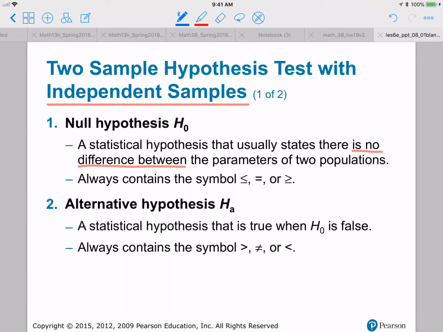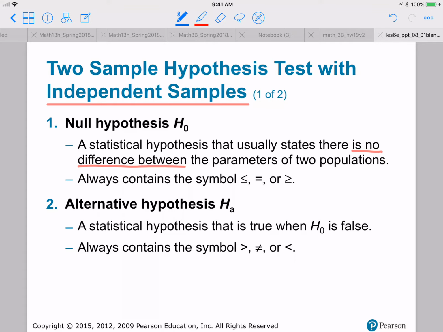So for instance, in the example I was doing before, perhaps you are the manufacturer of the drug, or you're thinking about investing in manufacturing this drug, and there have been clinical trials, and so you want to see if the drug is actually effective in lowering the blood pressure of patients. And so you might set up your hypothesis test, and your null hypothesis would be to assume that there is no difference between the blood pressure groups of